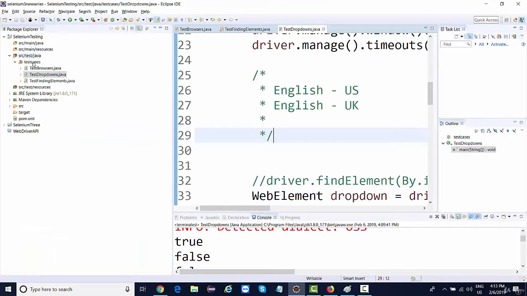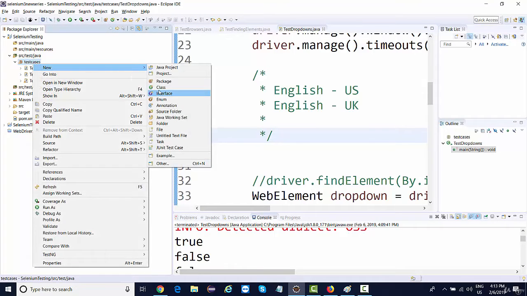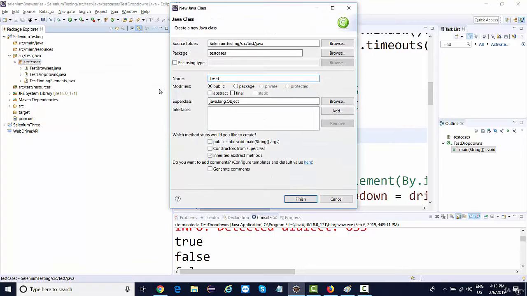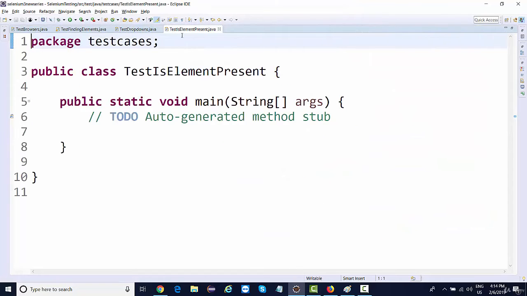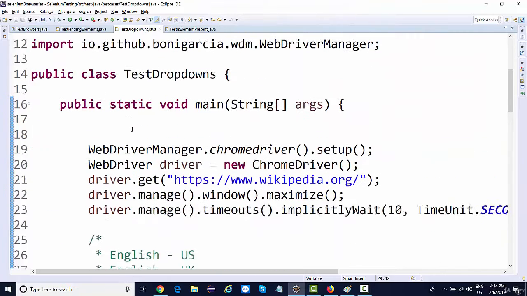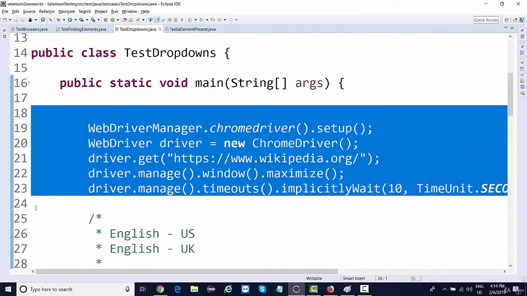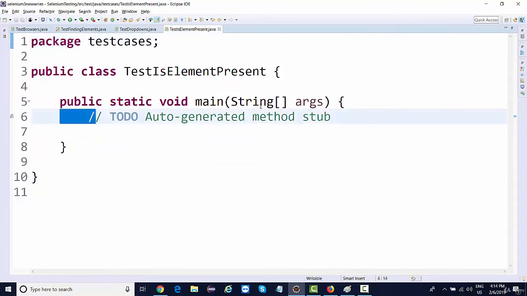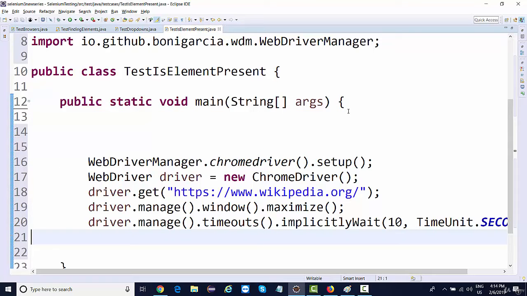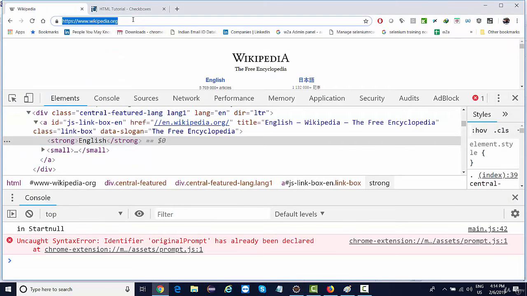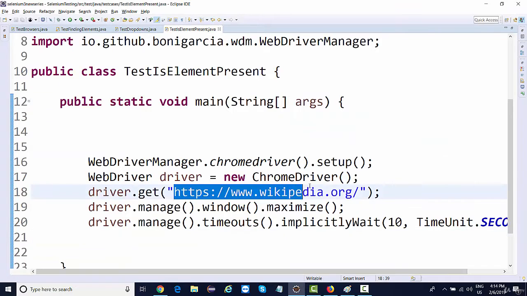In order to do that, I'm going to create a new class. I'll say class test is element present. Right, and what I'll do, I'll copy the initial code from here, paste it here, and then I'll give the URL like this.